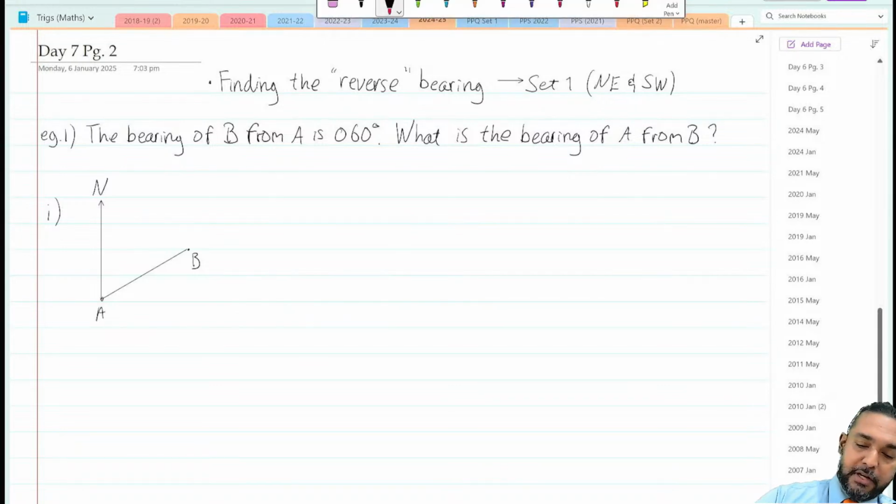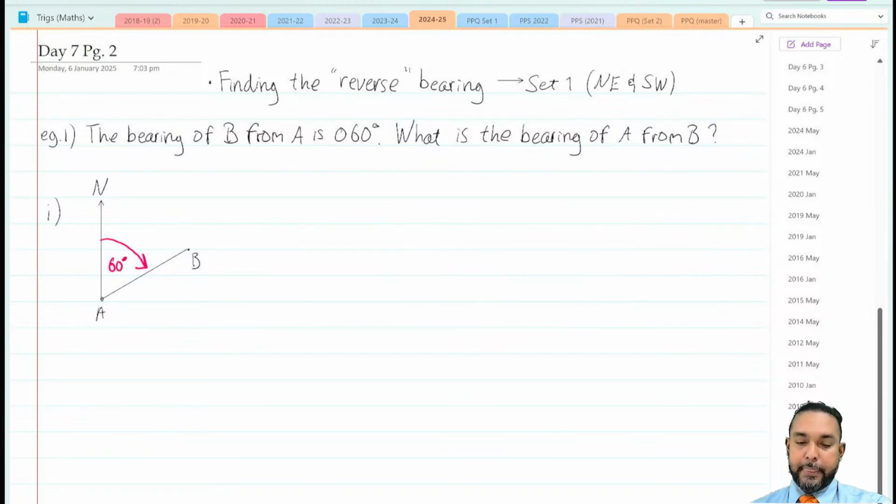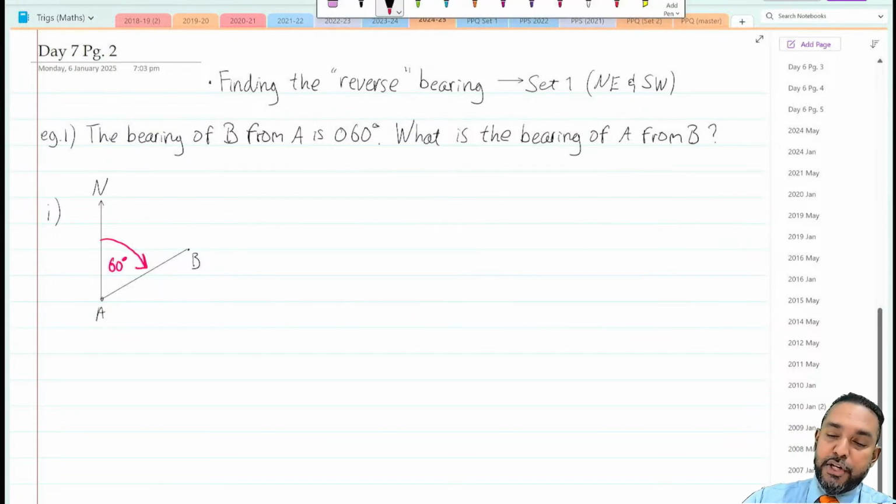We have the 2 points, A and B. And we have that the bearing is, I'll just put 60 degrees for now. Now, how do we find what I like to call the reverse bearing? So we have B from A. How do we find A from B? So if we have to find A from B,